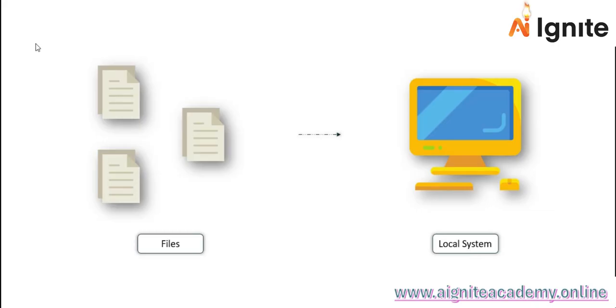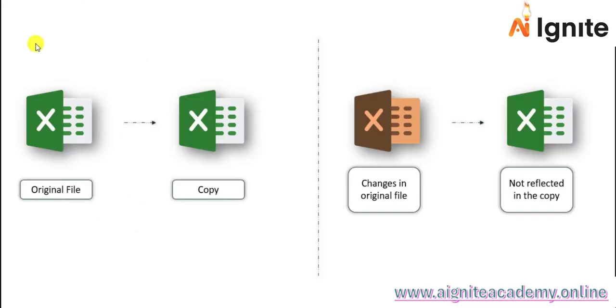So in the file server architecture, the files are located on your local system. That is, they are local to you. Now, suppose you have an Excel file with you and you send a copy to your friend. Now, if you make any changes in your original Excel file, those changes would not be reflected in the file